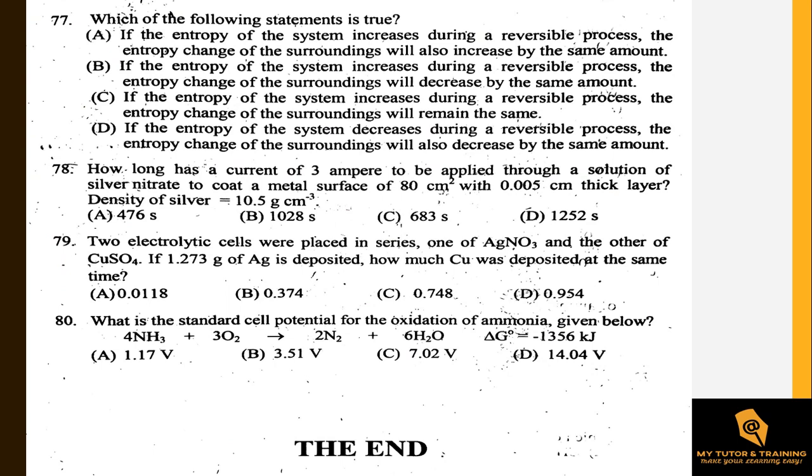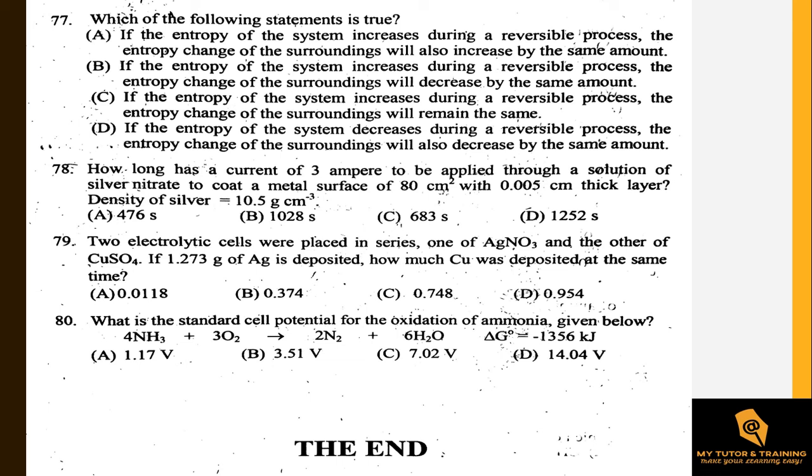And let's come to question number 77. Which of the following statement is true ይላል። የትኛው አረፍተ ነገር ነው ትክክል የሆነው? ስለ ኢንትሮፒ ነው የሚጠይቀን፣ that means ስለ ዩኒቨርሳችን ዲስኦርደርነስ። ስለዚህ አንድ ሪአክሽን ሪቨርሲብል ከሆነ delta S universe is equals to delta S of our system plus delta S of the surrounding ነው የሚሆነው።